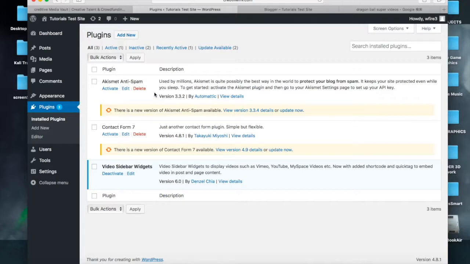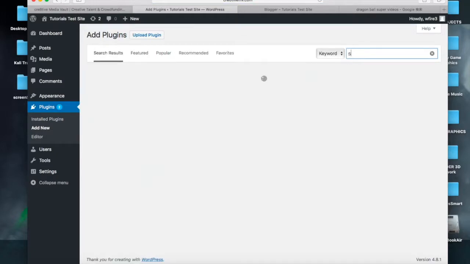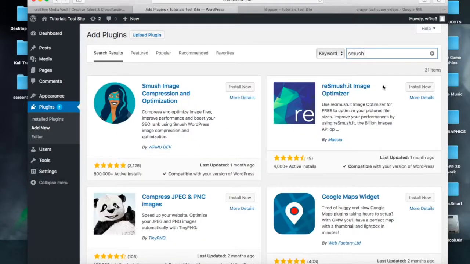For example, another good plugin to install, one that everybody should have installed, especially if you're displaying your own original artwork or your own original photographs, is this one. So we're going to install one more plugin so that you'll get a refresher of how to do this. So I'm going to type in Smush. All right. So I'm going to install Smush it,